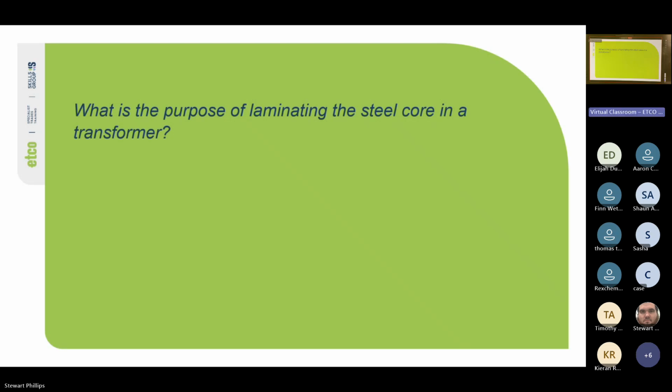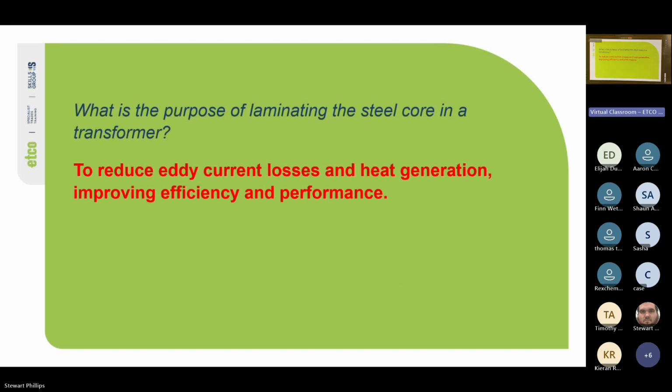You guys are mostly on the right track. So we do it to reduce the eddy current losses and the heat generation because of those currents, improving the efficiency and performance. By decreasing the surface area or the cross-sectional area, it's less about surface area and more about cross-sectional